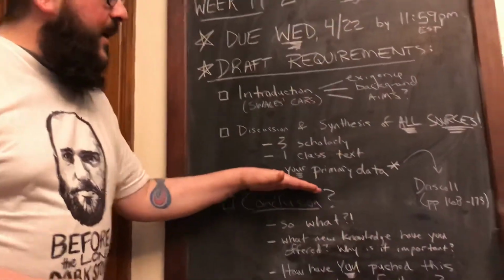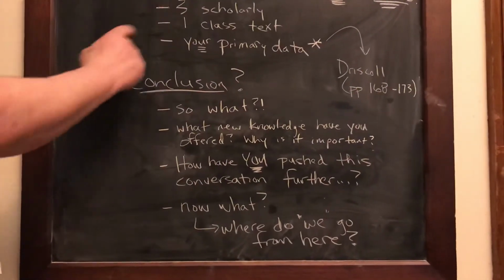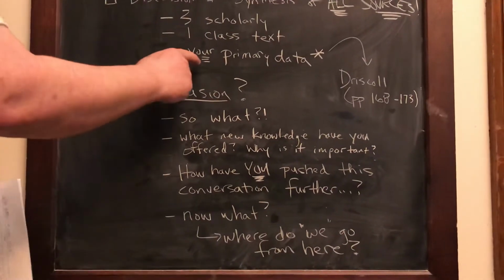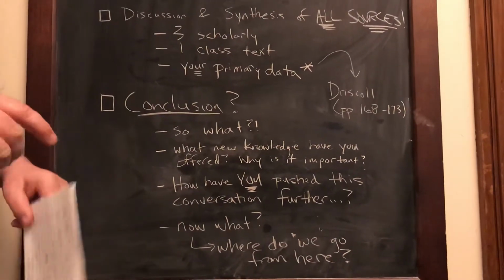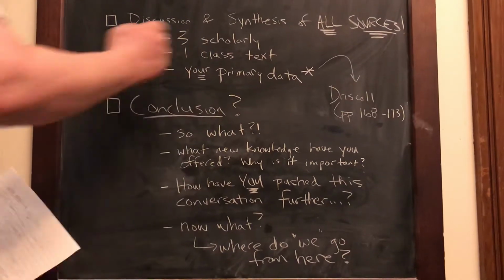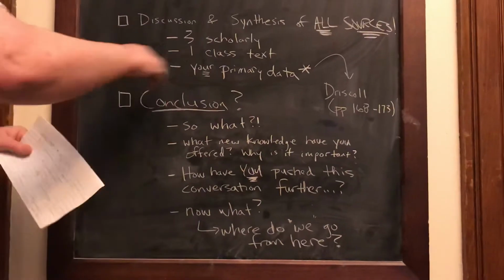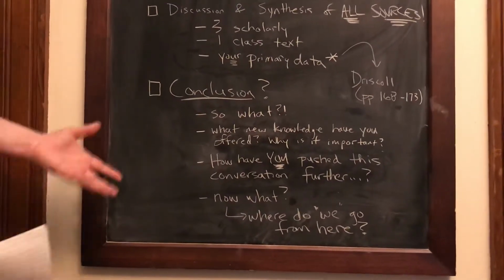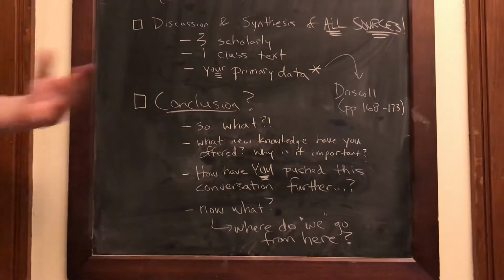Ultimately, as you discuss your primary data, you should be pointing back to your scholarly sources or the class text that you have chosen to integrate and say, this part of my data speaks back to the first source that I quoted because... Or this data contradicts a claim that an earlier study made, and my data now is showing that people feel differently about that subject. The point is to use this as new knowledge and put it into conversation with existing knowledge.